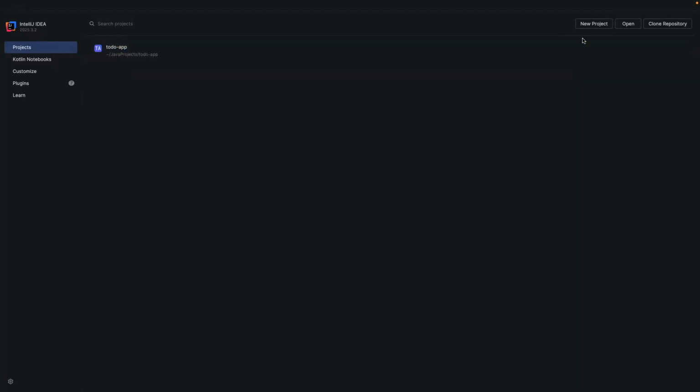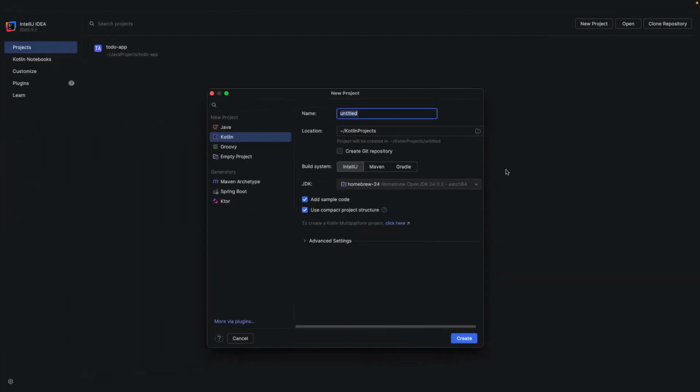Now let's see how we can create the project using the IDE. This IDE is installed in my system. This is the version which I have installed. Now let's see. Click on New Project. Once you click on it, it will automatically open a new window,